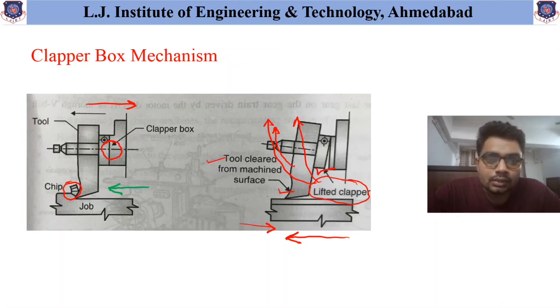So in this lecture we have discussed the basic principles of the shaper, planer and slotter machines, and how the clapper box mechanism helps to maintain the surface finish, or to maintain the machining process during forward and return strokes. The remaining topics, or further discussion about these individual shaper, planer and slotter machines, we will cover in further lectures, starting with the shaper machine, and from then onwards we will also discuss the planer and slotter machines.